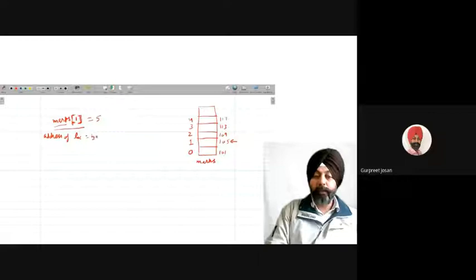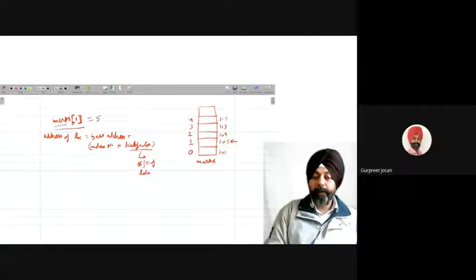To find out the address of the location, we can use the formula: base address plus index number multiplied by scale factor. Now what is this scale factor? Scale factor is basically the size of the data type.